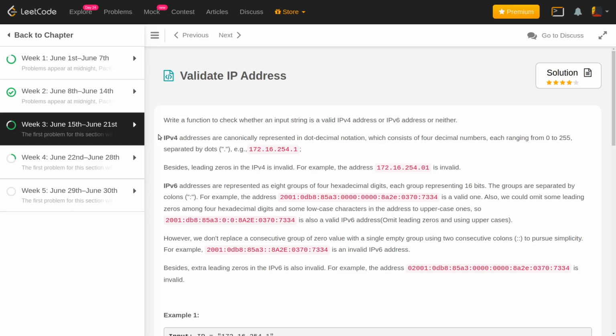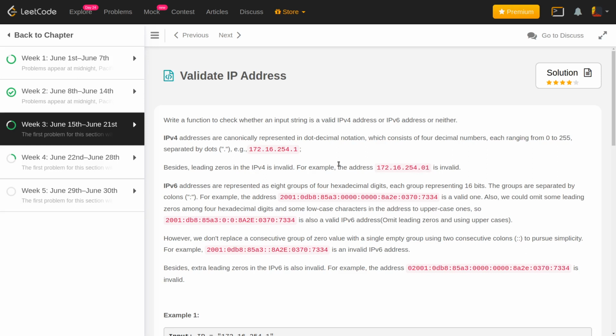So what does an IPv4 address look like? It's a sequence of characters with a total of 4 fields separated by the delimiter dot, and each of the fields in an IPv4 address is a number between 0 and 255, both inclusive. They are mentioning some more examples. So consider this particular case. This is not a valid IP address because although all the numbers separated by these dots are actually numbers, if you see this, it's having a leading 0. Whenever you have a leading 0 before any other number, that's not a valid IPv4 address.